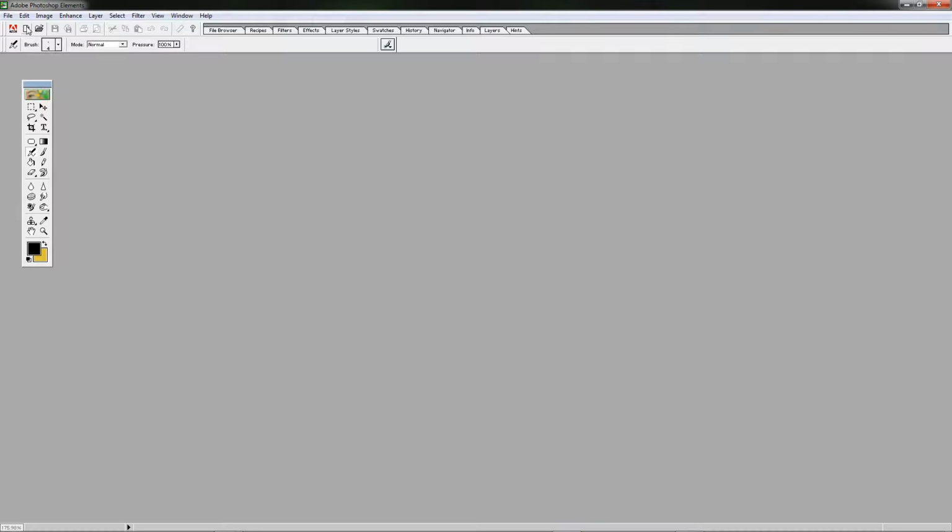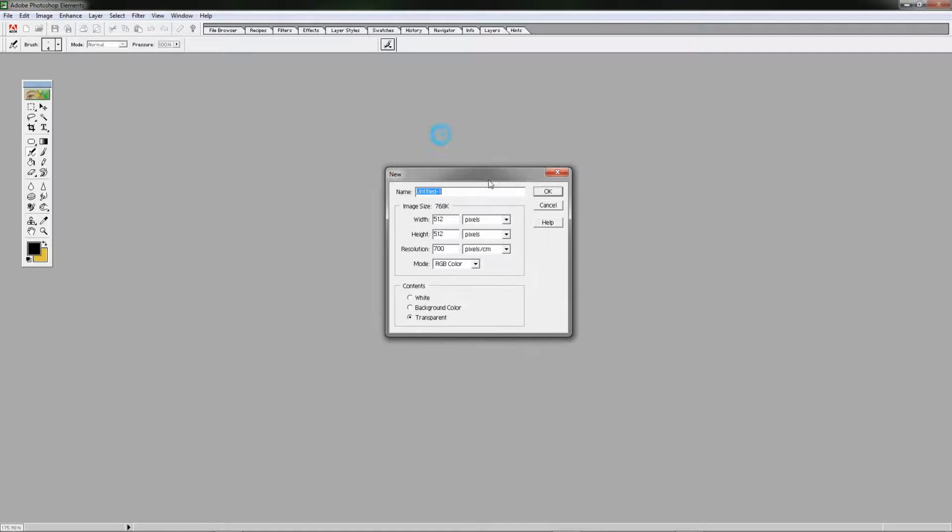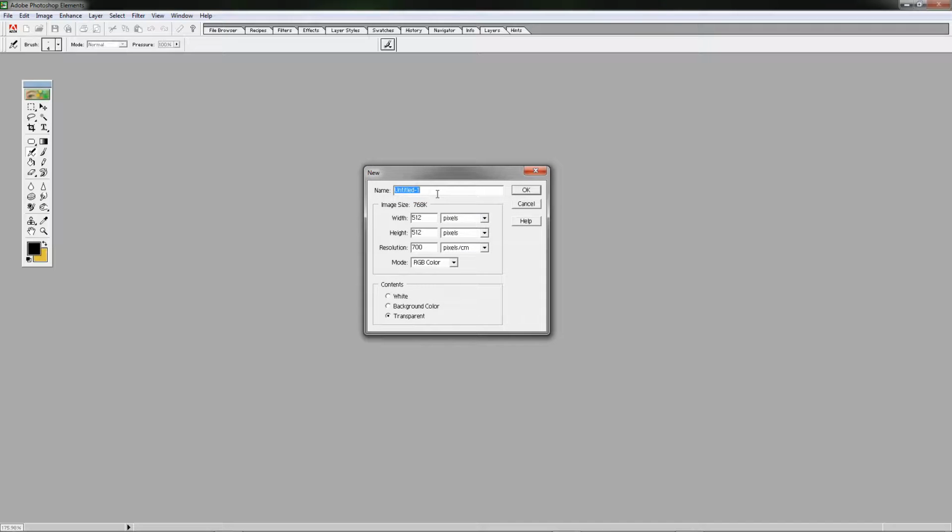This one is going to be a very basic and very simple way to create a Borderlands style texture. Right, go into Photoshop Elements. I use Elements because it's relatively easy to get out of, and it's super easy to use, to be fair. Right, name, let's go for Borderlands